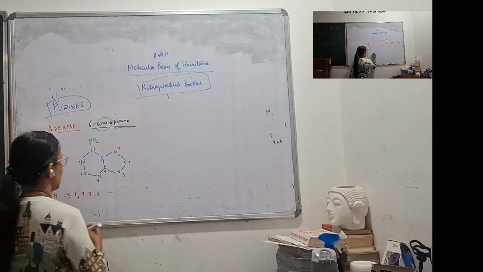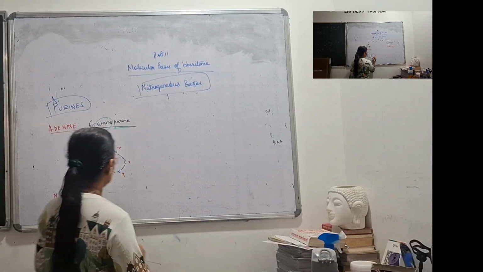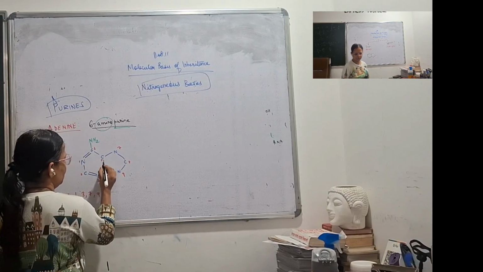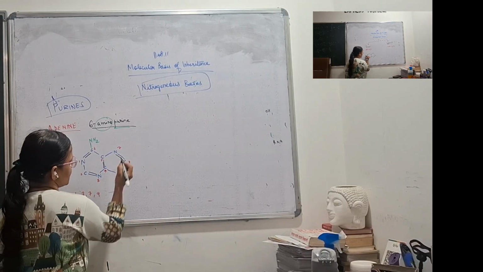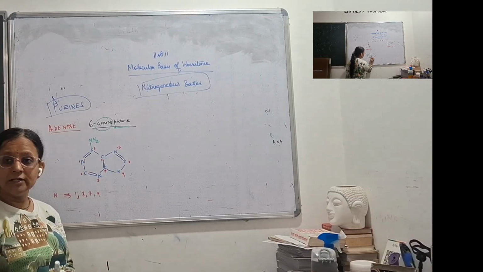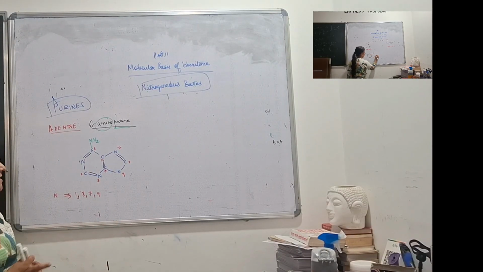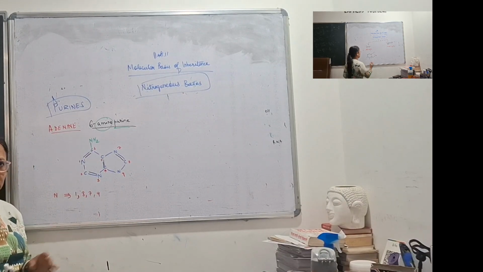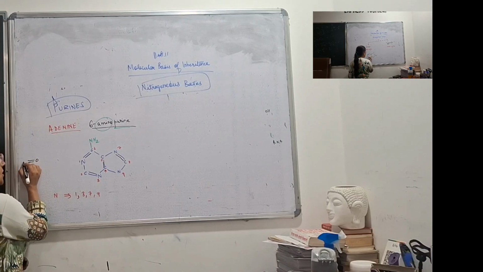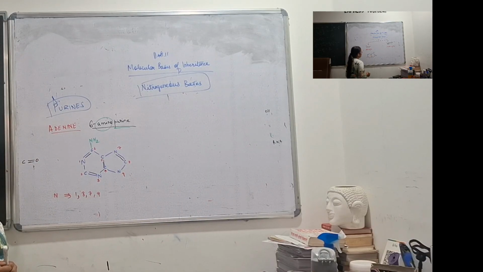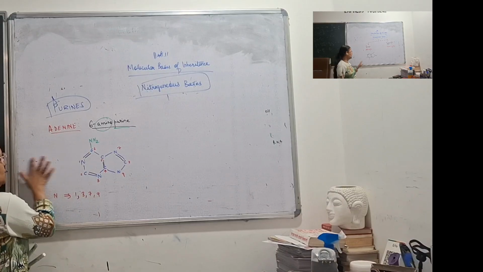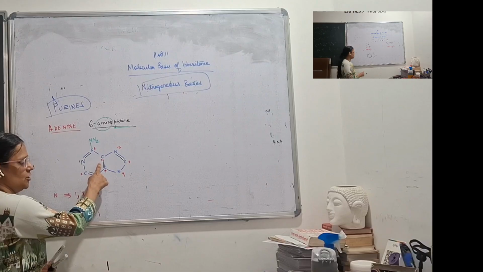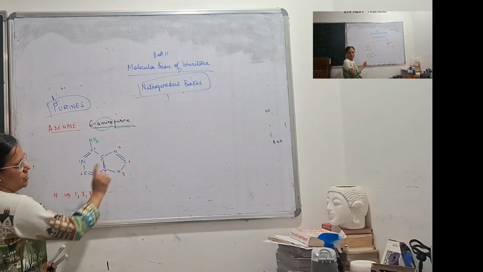At 1 and 6 you have a double bond. Okay. Then between 2 and 3 you have a double bond. Between 4 and 5 you have a double bond. Between 7 and 8 you have a double bond. So alternatively you will have double bonds. Now understand, amino group is a simple group. It is not a ketonic group, meaning it is not a double bond group. What is a ketonic group? C double bond O, right? So this is not a ketonic group. That means here you will have a double bond immediately. Here you won't have, here you'll have. Here you won't have, here you'll have. Here you won't have, here you'll have. Here you won't have, right?